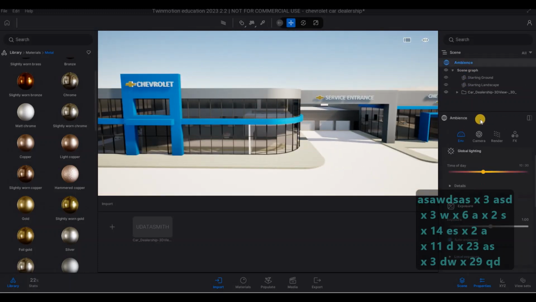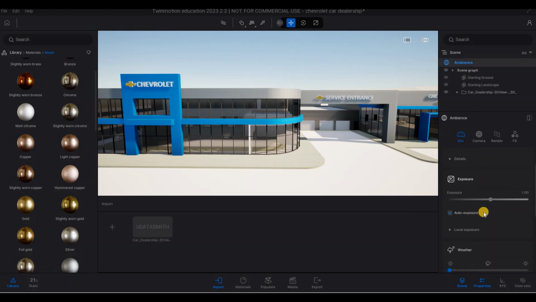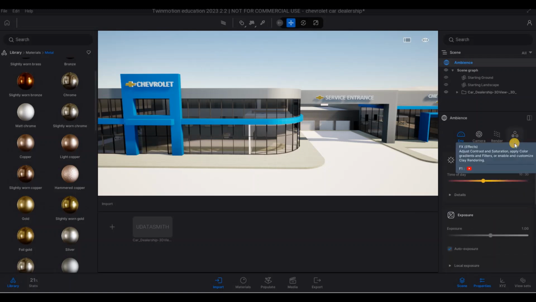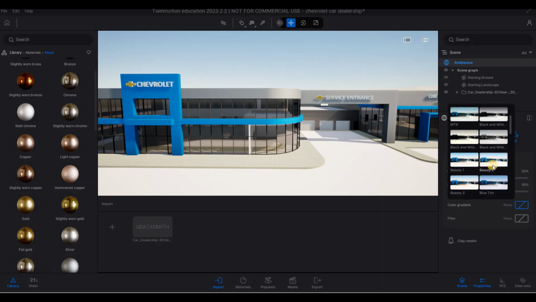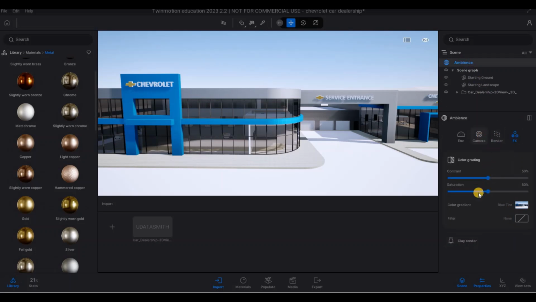Let's go and select ambience, and here we need to do some stuff. For example, FX, color gradient. If you want, you can select blue tint. That's what I usually add. Go back here, go to camera, and here